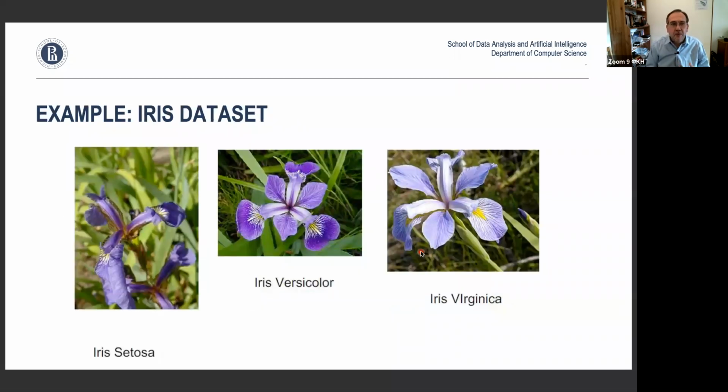Okay, now we're going to explore further techniques on this example. This is called the Iris Dataset. It's so famous that it comes with any machine learning software, and it's also built into RapidMiner, so you can easily extract it and work with it. Now, I never knew this until I found this dataset: there are actually 3 types of irises, right?